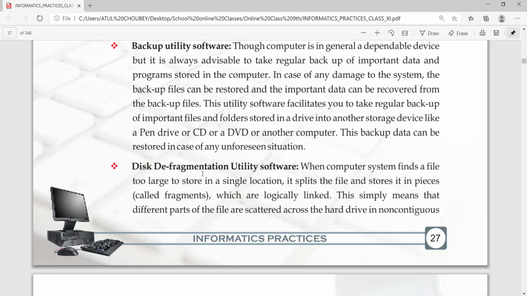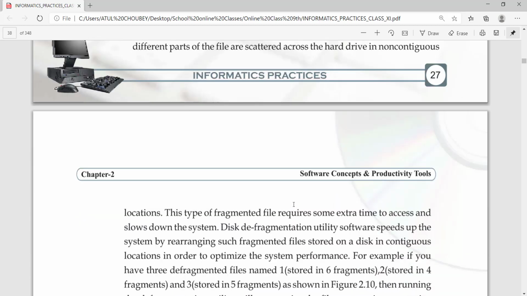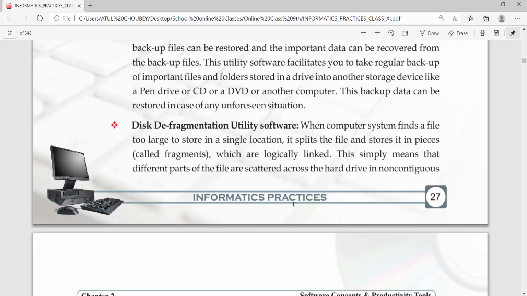Next is disk defragmentation utility software. With the help of this utility software, actually what happens is, when we store our data into the computer, it splits the files and all the data are stored in different memory spaces.